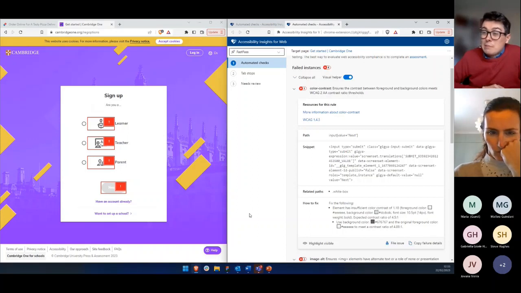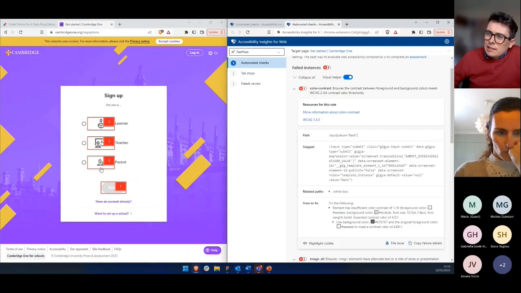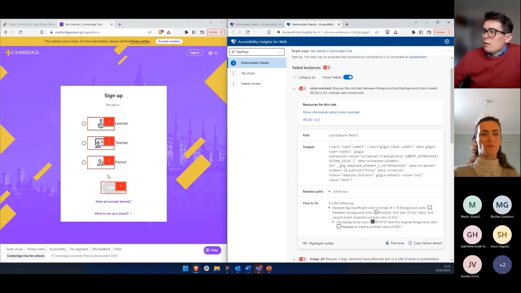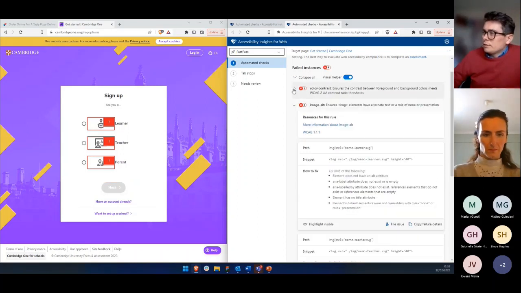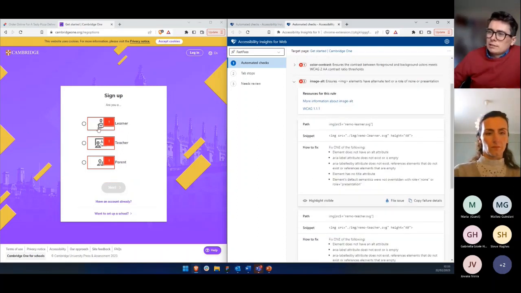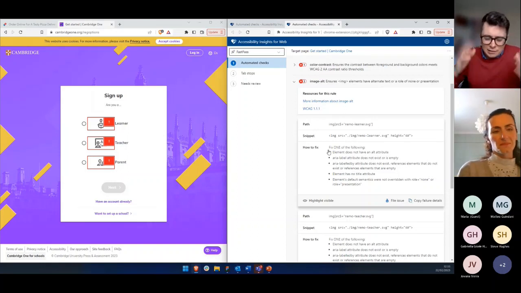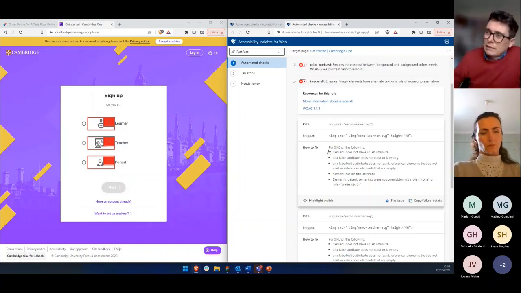I know it's a disabled button, and I'm assuming if I click on one of these things, the button will change and then will fit presumably the purple primary color. But it extends here to these things. They're obviously darker, which means that they haven't failed, which is good. But they failed for a different reason, which is that they are images that have no associated text. If I'm taking the mindset of a screen reader, I'm looking at this picture and I don't really know how to explain that to my user.